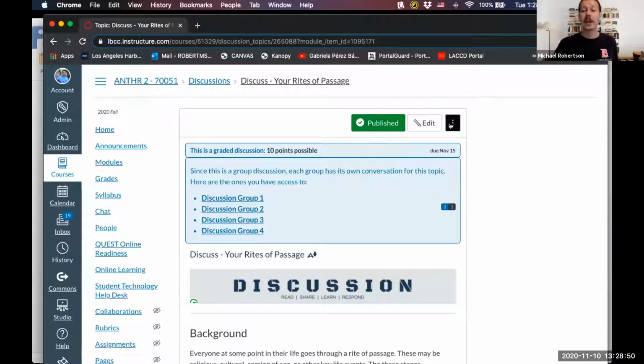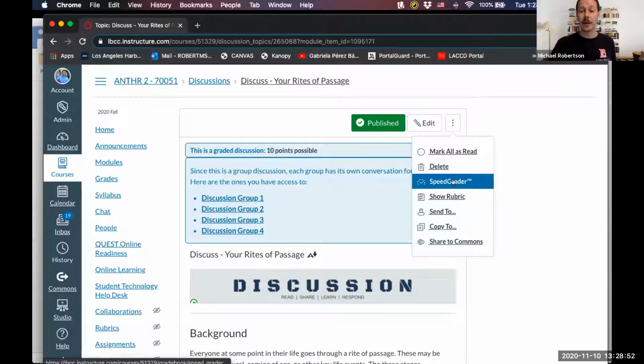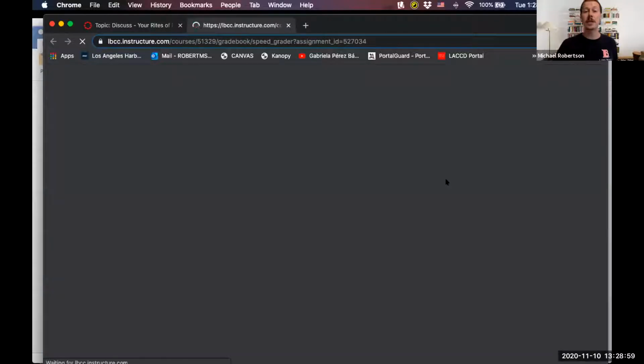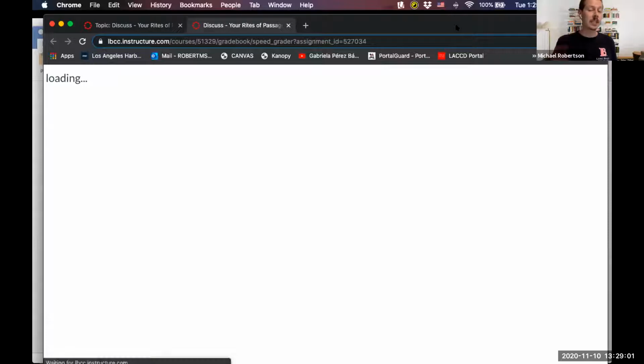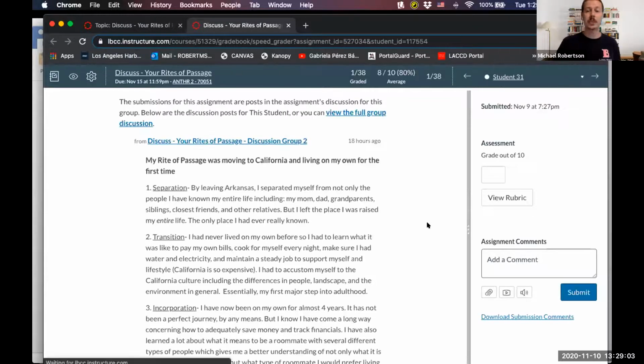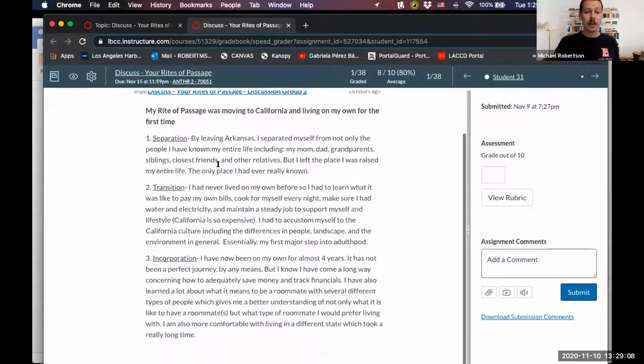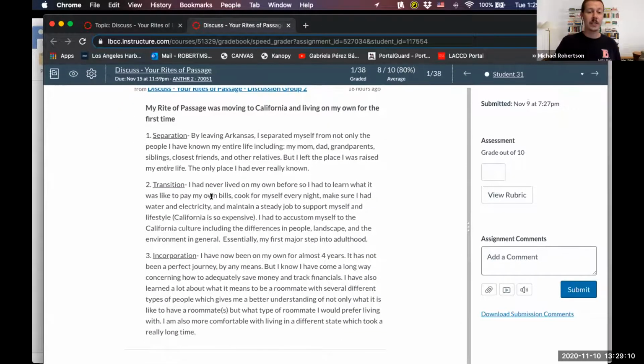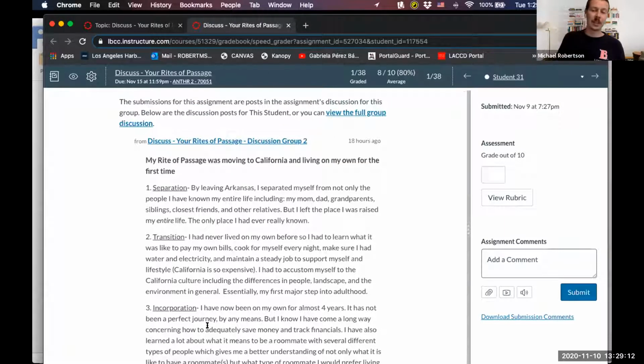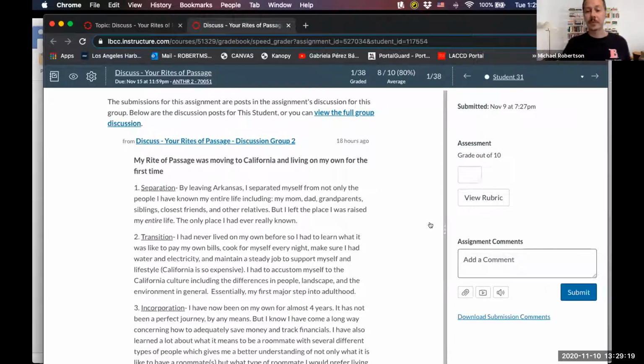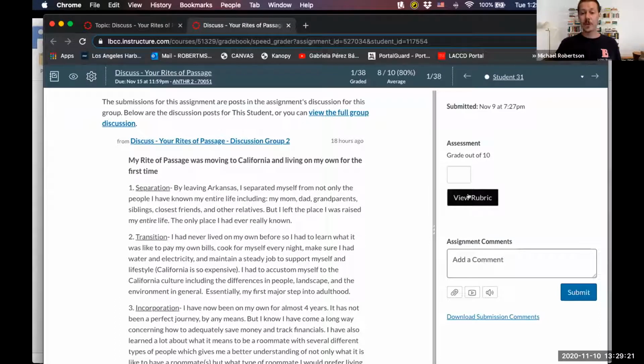So if I go into the SpeedGrader, okay, so I've selected my rubric here in the assignment settings. If I go to my SpeedGrader, it looks a little different from the questions we were just looking at. Okay, so here's a student who made a submission. Let's see, they're talking about a rite of passage, and it's only Tuesday, they have until Sunday, but it looks like they have not yet replied to a student. So what I'll do now is click on View Rubric,